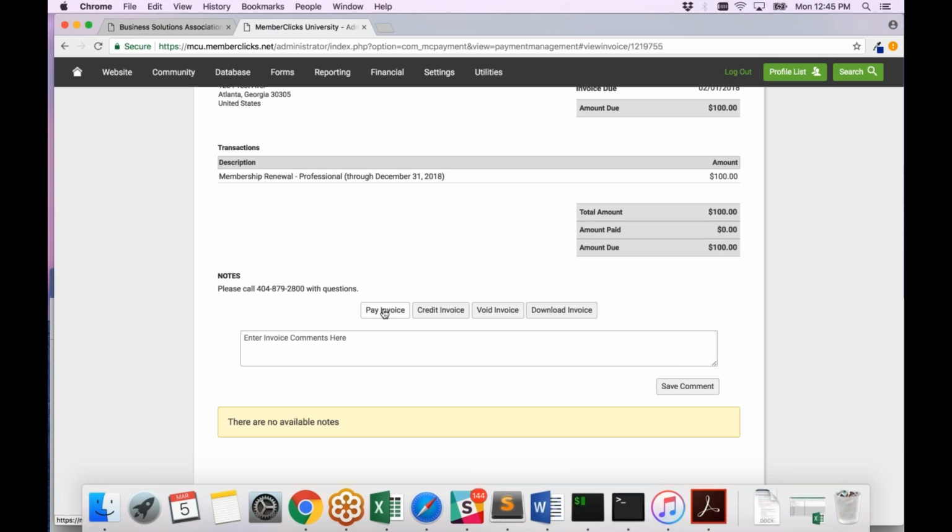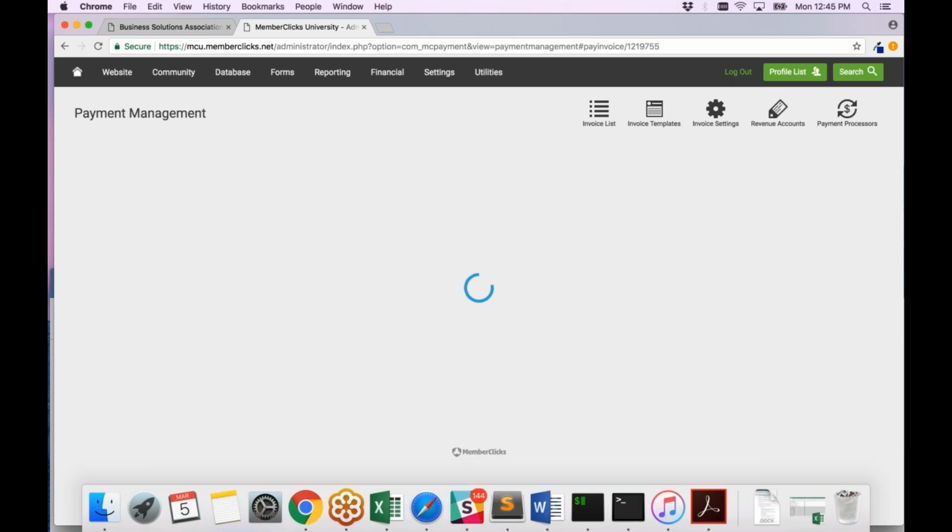Now, your members will have the ability to pay these invoices online using their credit card information, but you all may still receive checks in the mail, or somebody may call you up and say, hey, can you just take my payment over the phone? And the answer is yes, you can do that. Just select pay invoice